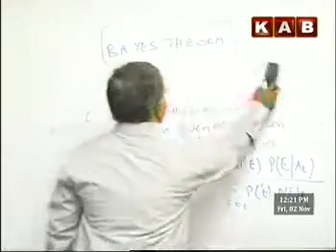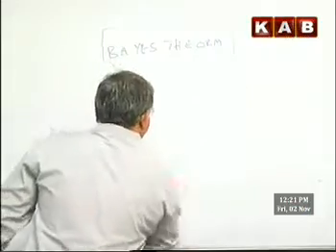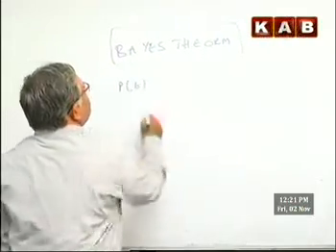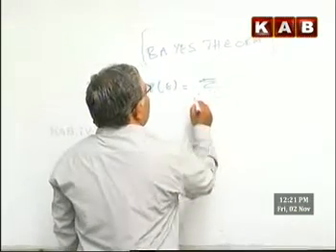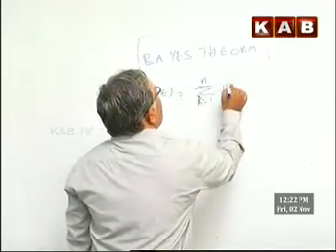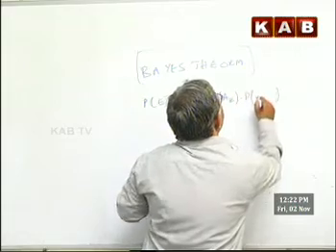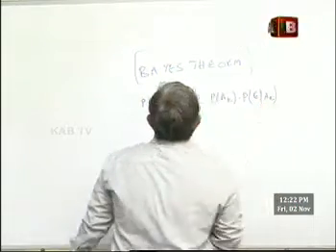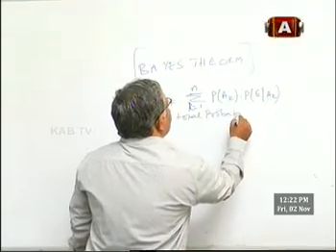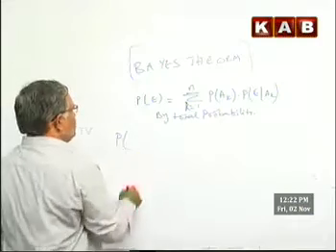Now here, see, first, probability of E is equal to sigma k equal 1 to n probability of Ak into probability of E given Ak. This is by total probability, right? Then next, probability of you want